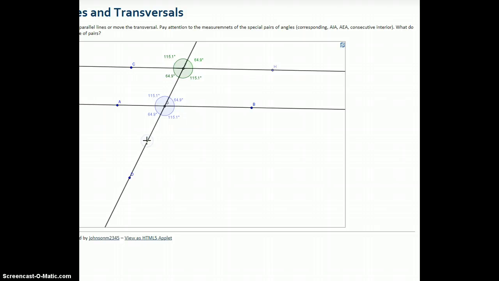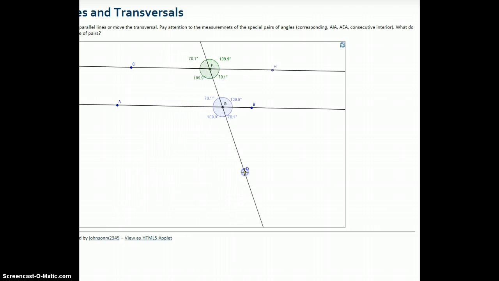Doesn't matter. Okay, if I turn the transversal, has no bearing on it. Alternate interior angles are staying the same, corresponding angles are staying the same. Alternate exterior angles are staying the same. The last pair is the consecutive interior angles. What we're looking at is this 109.9 and the 70.1. All right, if you add those two numbers up, that's 180 degrees. Same thing with the other pair of